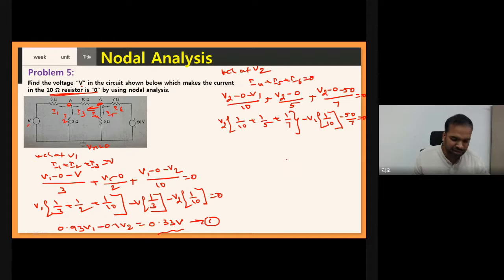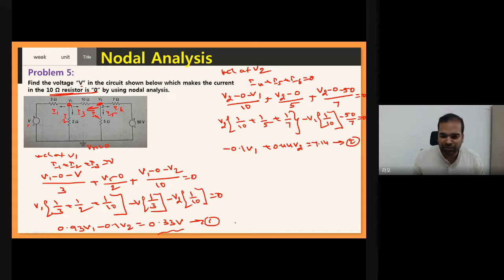Therefore here the V1 term is minus 0.1 V1 and the V2 term plus 0.44 V2 equal to 7.14. This is my equation 2. Now see here, can you find V1 and V2 by using equations 1 and 2, which we did in our previous videos? No, because you know the V1 coefficient, you know the V2 coefficient, and